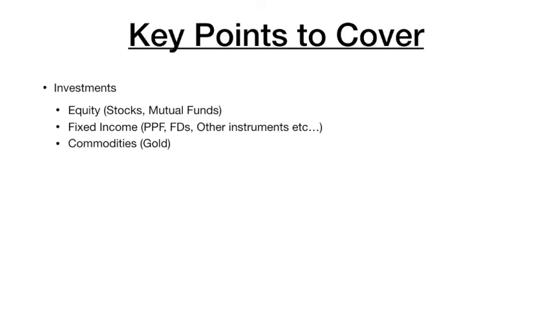investments. Be it equity, when I say equity, these stocks and mutual funds, I am not going to recommend any stocks for you. That depends on many factors, but I am going to talk about why and how it helps. We will talk about fixed income products जिसमें स्टैंडर्ड हमारे पास इंटरेस्ट आता है, पीपीएफ्स हुए, एफडीज हुए, अदर इंस्ट्रूमेंट्स. वी विल टॉक अबाउट कमोडिटीज, फॉर एग्जांपल गोल्ड और सिल्वर, वेरी कॉमन कमोडिटीज. हम लोग रियल एस्टेट की बात करेंगे, घर खुद का चाहिए, हमको किराए पे लेना चाहिए, ईएमआई कैसे आती है,